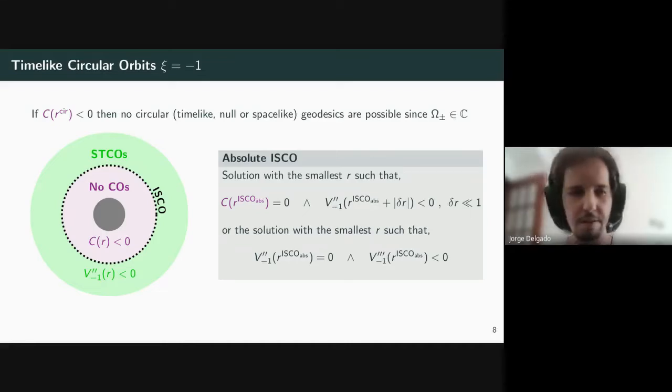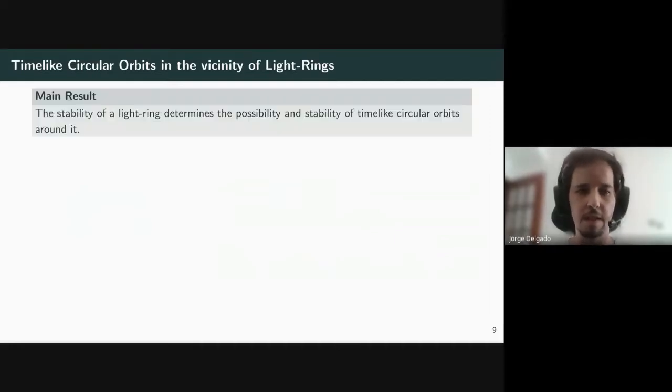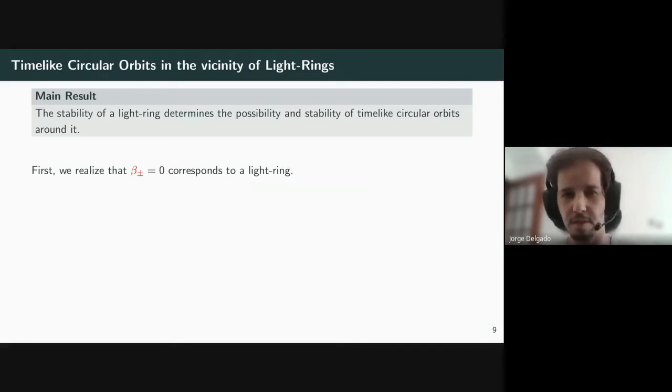Now, with everything defined, we can look into one of the main results of our work, which is that the stability of a light ring determines the possibility and stability of time-like circular orbits around it. And in order to show this, we will look into that beta function that I mentioned before. And I will show you that when beta is equal to 0, we have a